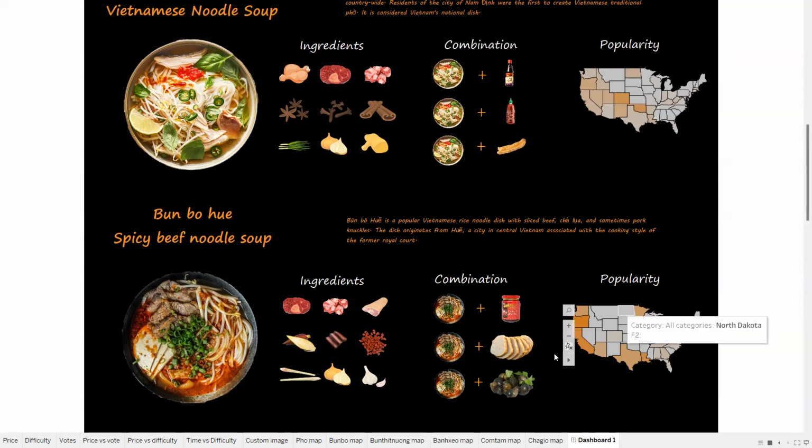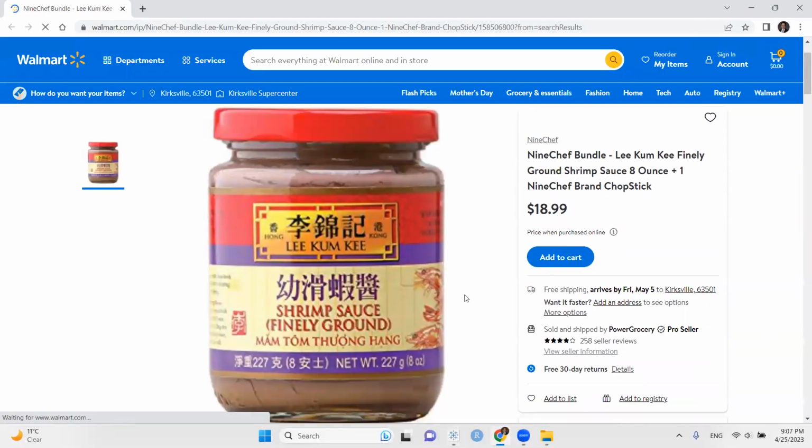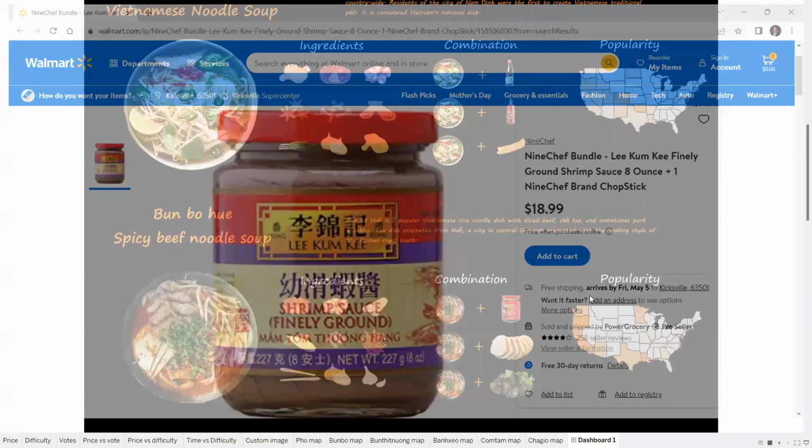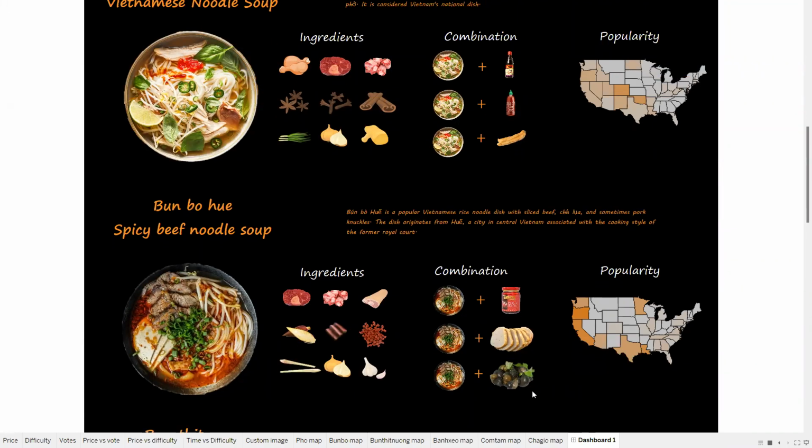So in terms of combination, this paste right here is really special, which makes the bún bò Huế distinguished. This is a shrimp paste. It's made from shrimp, and people leave it overnight to get it fermented. And the second one is kind of like Vietnamese salami, but it's so different from the salami that we have here. And the third one is that people also have that with